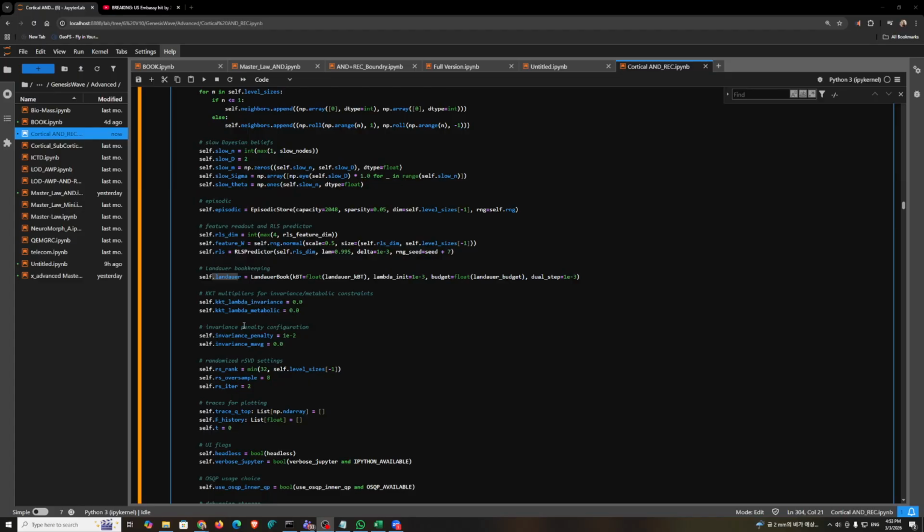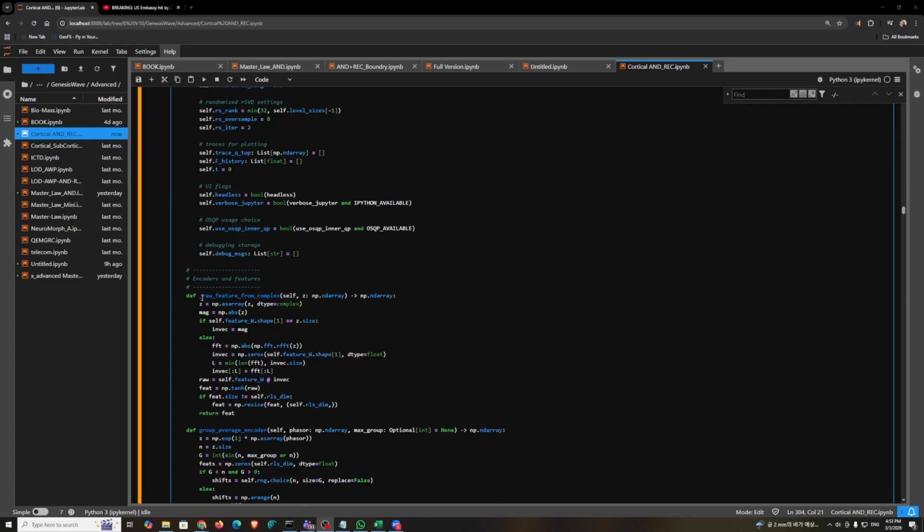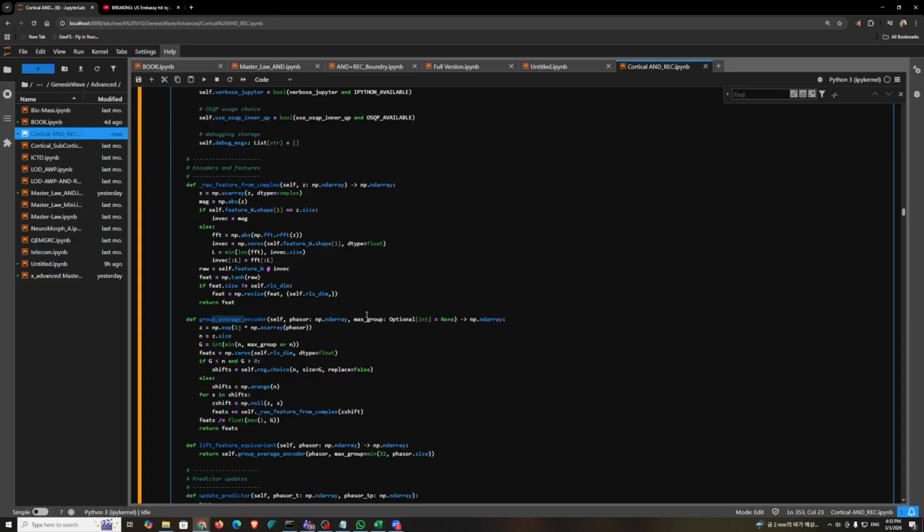So if you notice this, you've got this raw feature from complex down here. This converts the complex numbers representing phasors into a format that's suitable for the predictor, potentially extracting frequency patterns. And then you have this group average encoder here. This is particularly interesting. It addresses a challenge in intelligence, which is recognizing a pattern regardless of any minor shifts